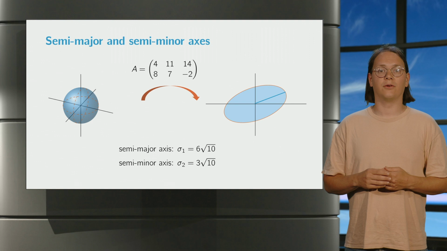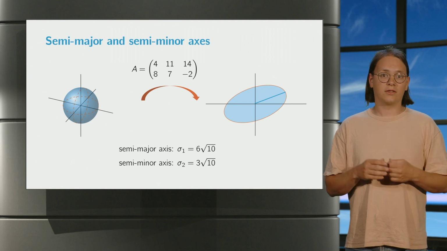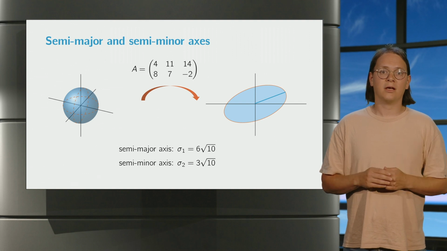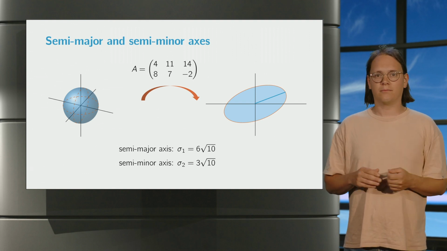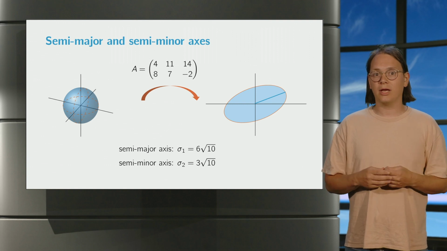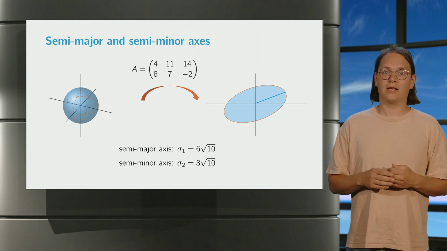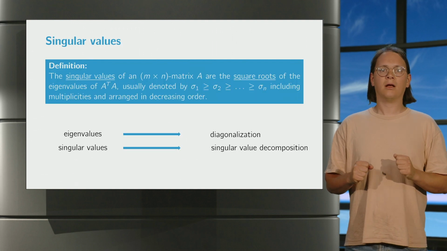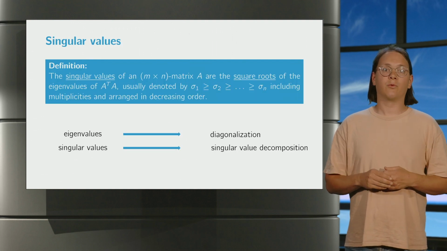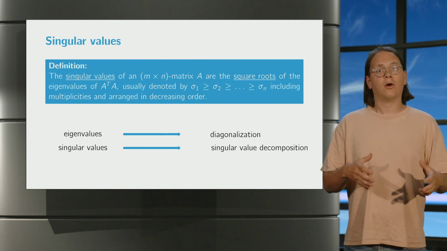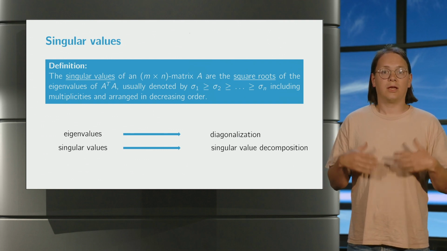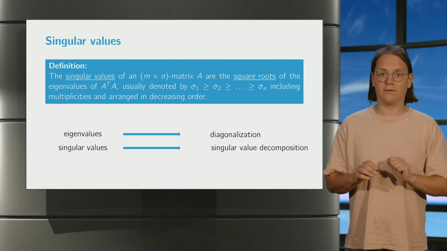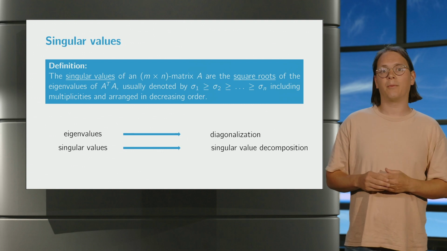It turns out that these quantities have very important applications in what is called principal component analysis, which we will say something about later. An important mathematical input for this principal component analysis comes from the so-called singular value decomposition. This idea is most easily explained by considering what we do with eigenvalues. Indeed, one great thing about eigenvalues is that we can use them to diagonalize. So perhaps we can do something similar with singular values. This will be the topic of the next lesson.